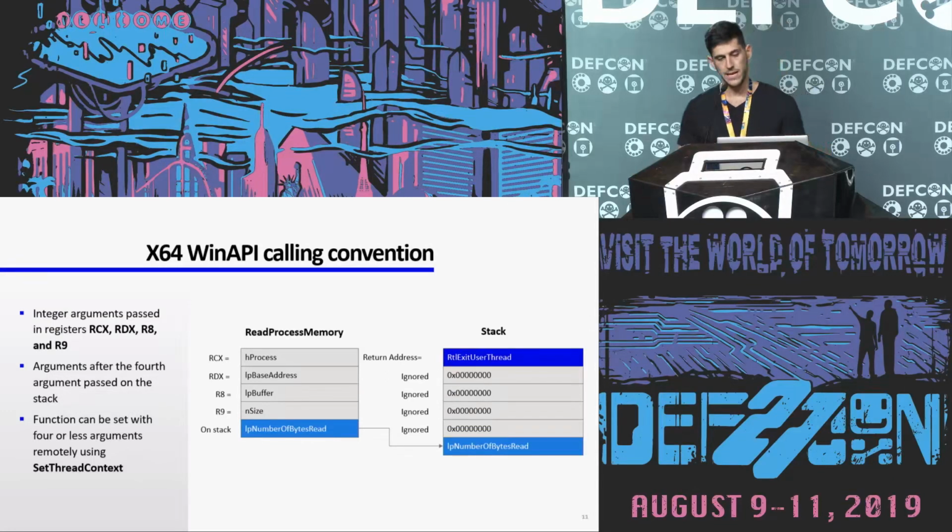So if we look at the stack, the return address is going to be at the top of the stack. Then there are 4 arguments that are ignored. The data there is not important. And then at the end there's going to be the 5th parameter on the stack. So again, if we use SetThreadContext, the function, and set those registers, we can just manipulate a function to execute